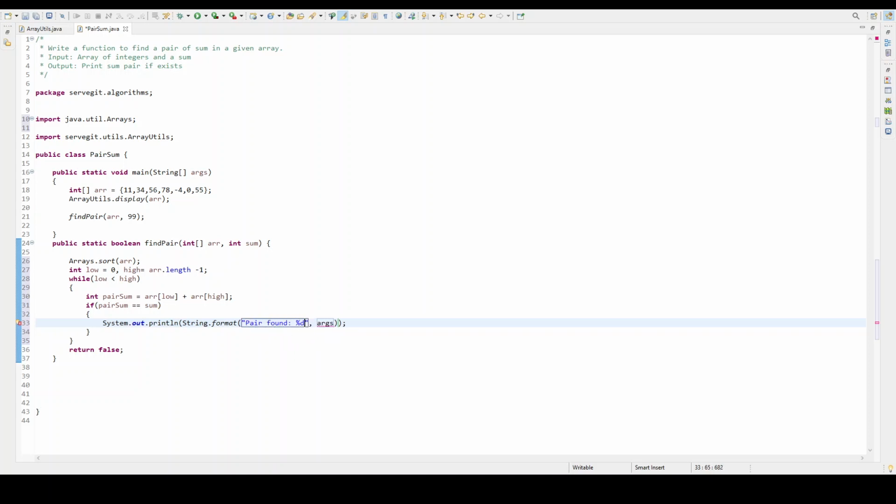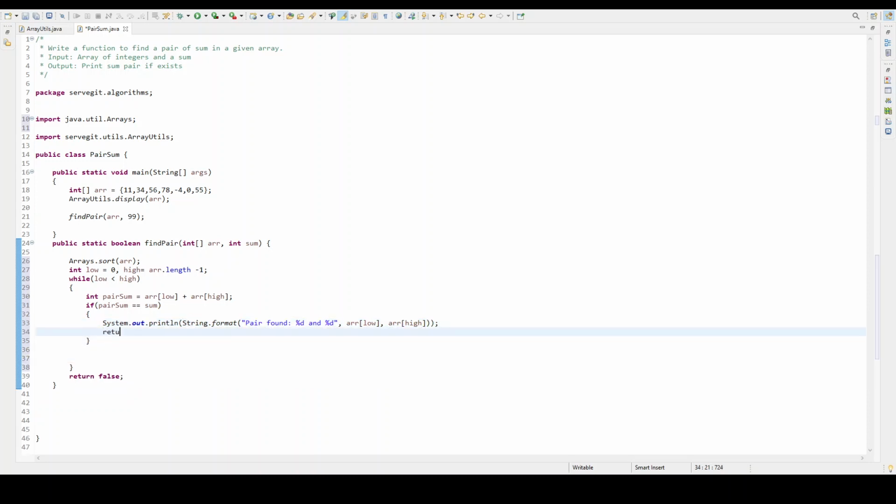This is just a string formatter. You can use your corresponding language utilities in which you are writing. The values will be low, high. When the sum is found, we have to return true as well.